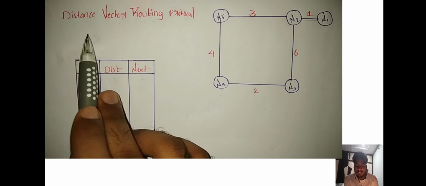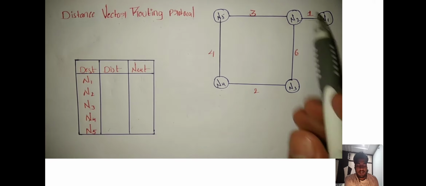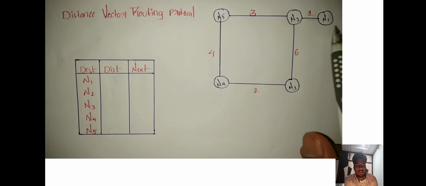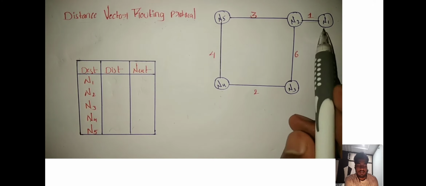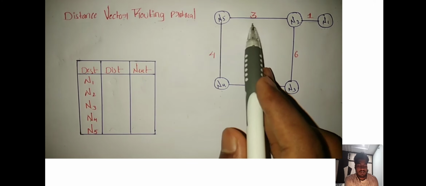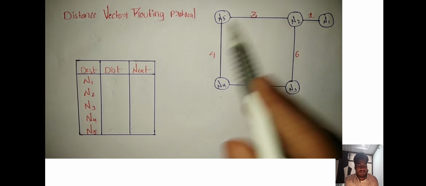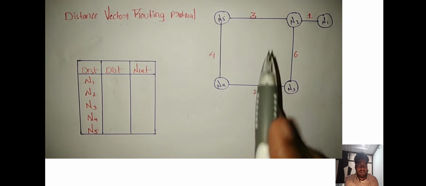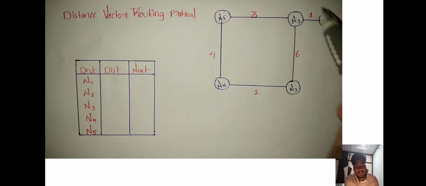Now we'll discuss what is distance vector routing protocol. Suppose in a network there are 5 routers: N1, N2, N3, N4 and N5. These routers are connected with links. These are the links through which these routers are connected. Now these routers will share the information, and every router will update what is going on in this